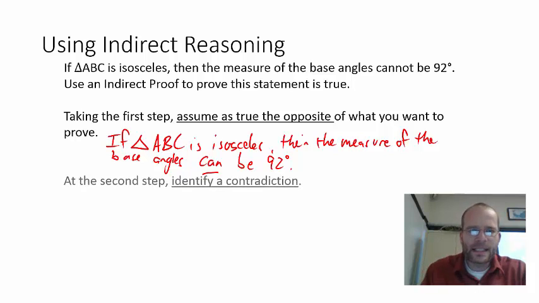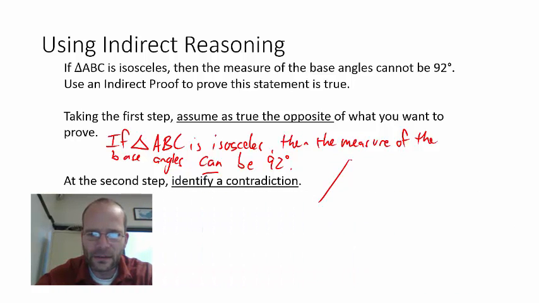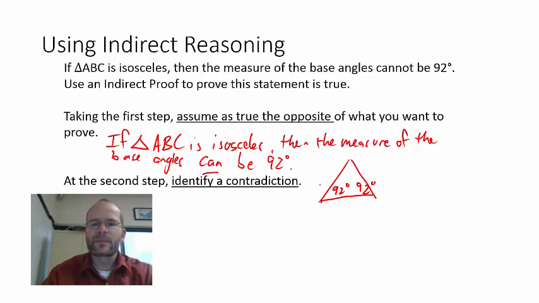Second step, identify a contradiction. It's a little bit less obvious. We need to do a little bit of geometric reasoning here, but if we had an isosceles triangle, and one of the base angles was 92 degrees, that would mean that the other base angle is 92 degrees,